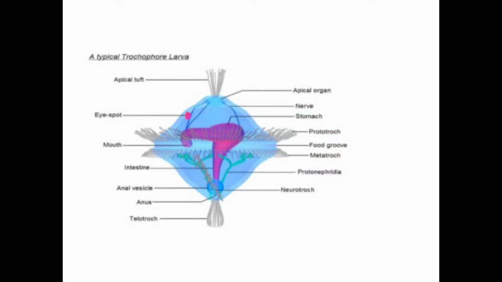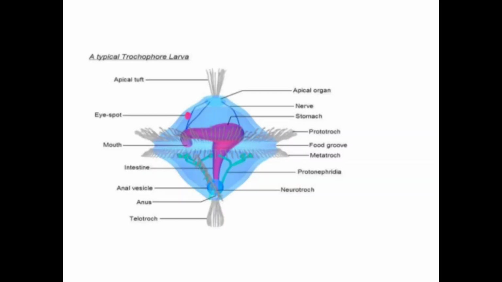Today we are going to study the larval form, that is Trochophore larva. The development is indirect. In case of Nereis, there is a larva, that is Trochophore larva, and Trochophore larva is actually an oval shaped transparent ciliated larva. You can see so many cilia,